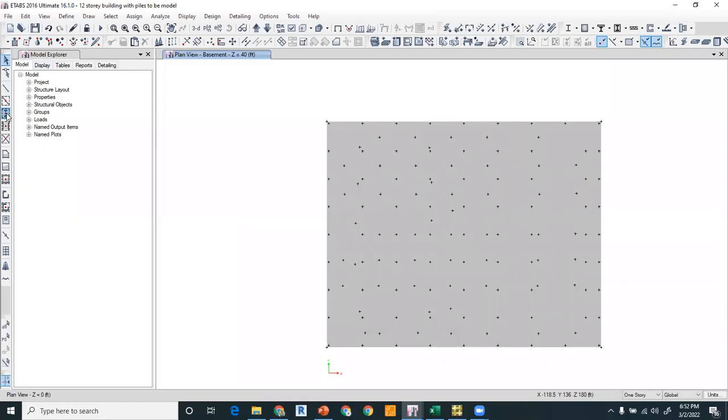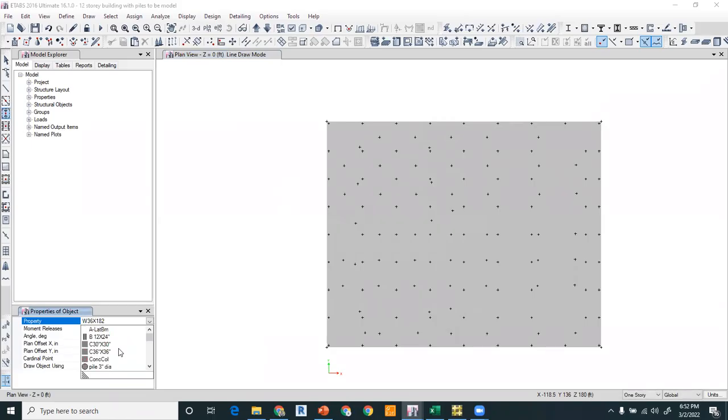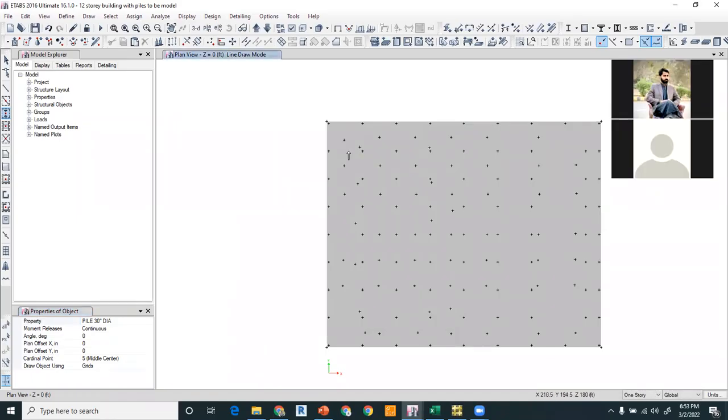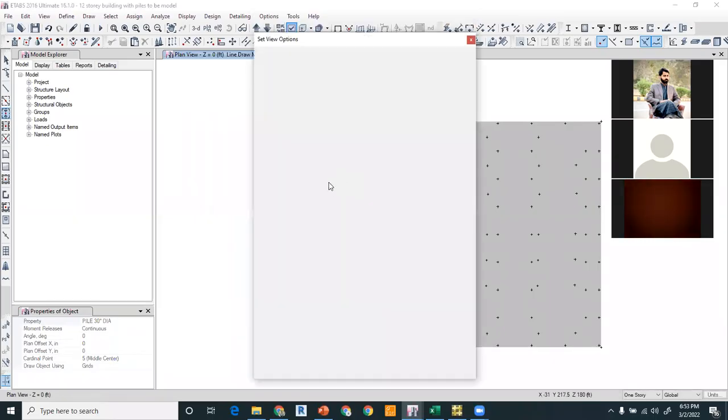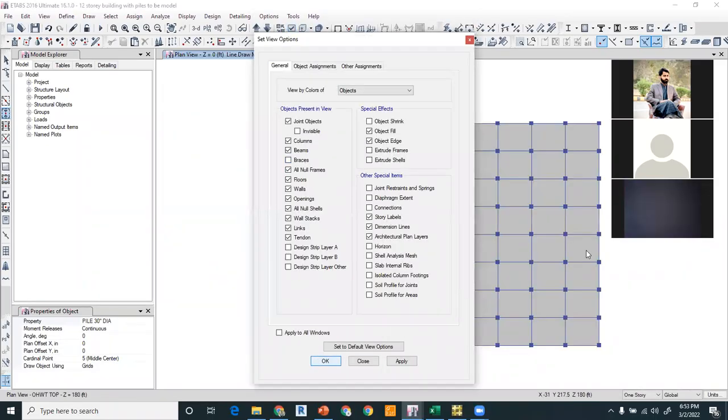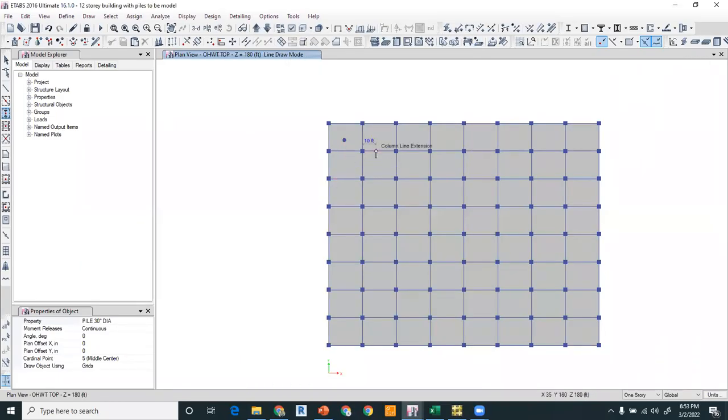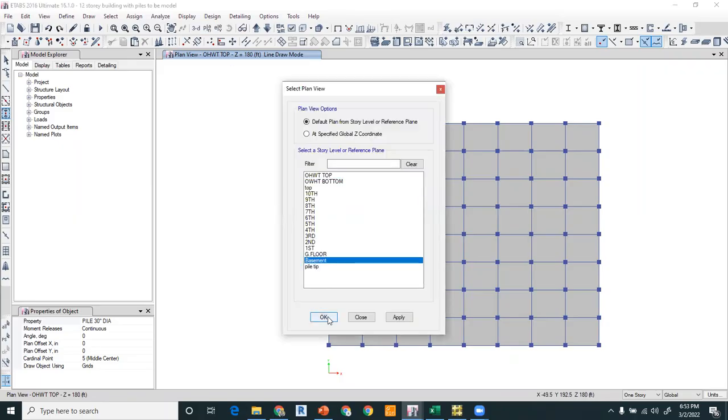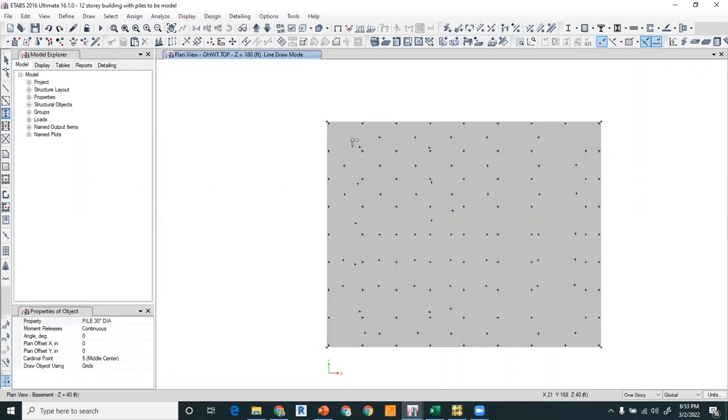Now you have to go to the draw quick command for columns and draw this pile, which is 30 inches in diameter. You have to distribute these piles accurately across this raft, right? This is the top. Now let us go to the basement. This is the raft, and you have to draw the piles and distribute them,